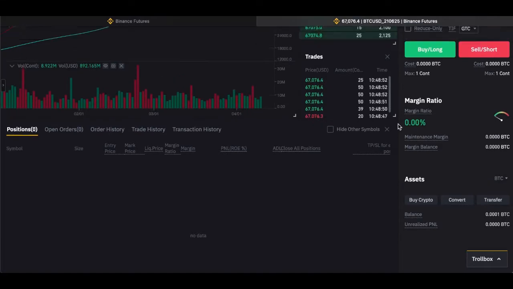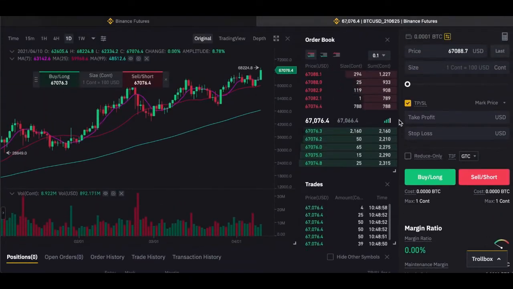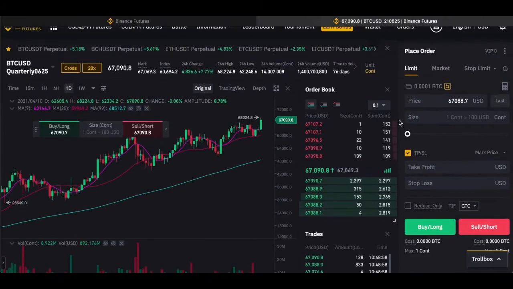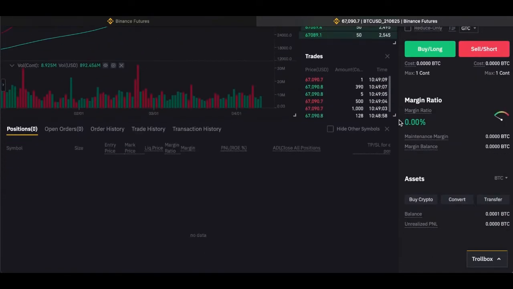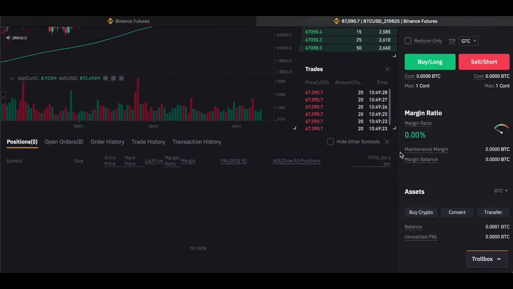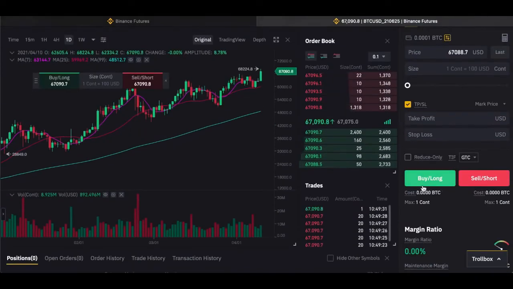Like I said with futures, you are not buying and selling the underlying asset. You're just entering into a contract for the difference in price between when you open and when you close your positions. The way that you are allowed to open and close bets and positions in the futures market is by providing the broker with collateral, basically having some insurance on account and some assets to let the broker open trades for you. It depends what you have. If you have more Bitcoin, you might want to go for CoinM futures, but certainly there is a risk